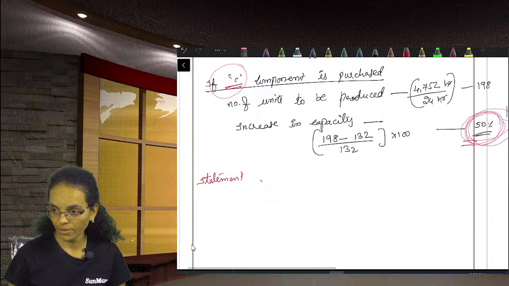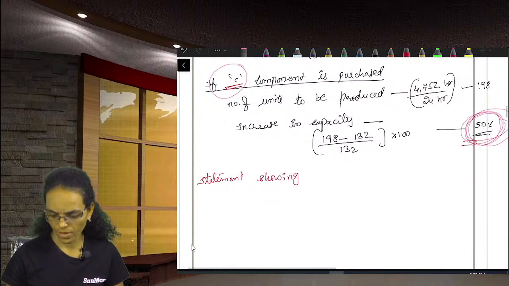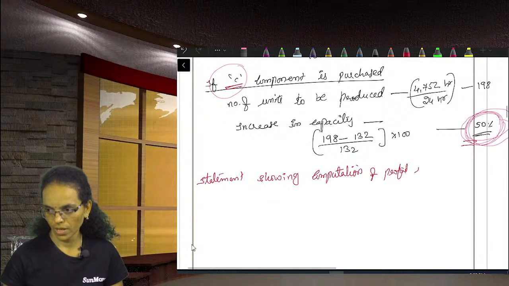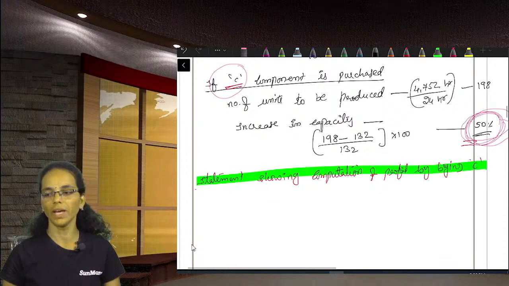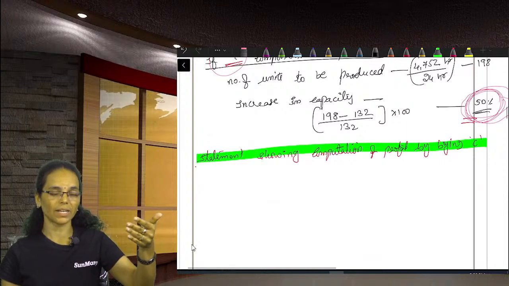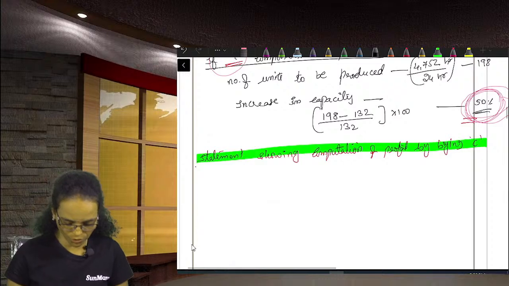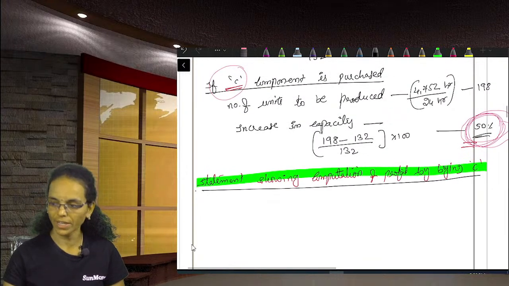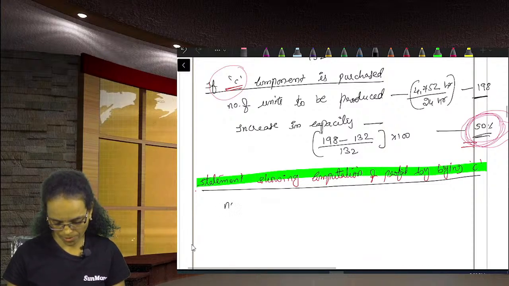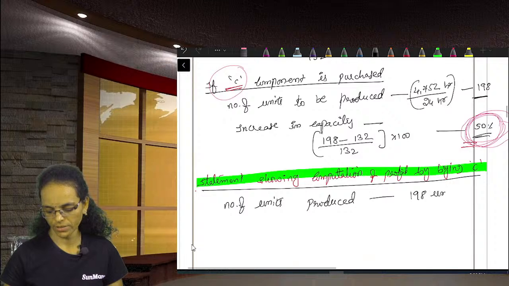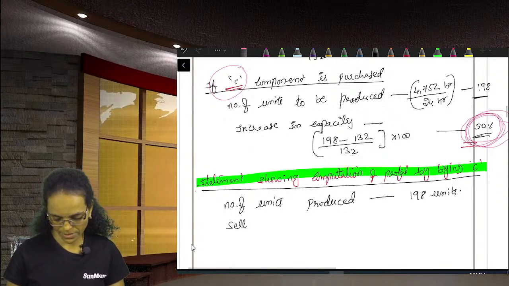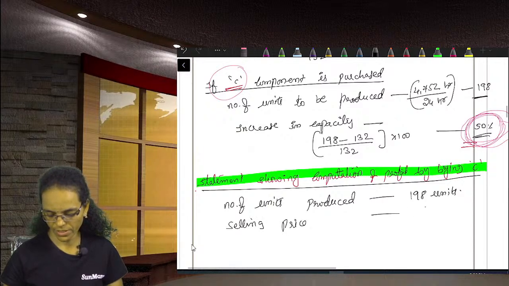Now we need to prepare a statement showing computation of profit by buying component C from the external market. If component C is purchased from the external market, we will be producing components A and B. So we need to see how many number of units we are producing. We have already calculated 198 units we are manufacturing. Number of units produced is 198 units, right? Selling price of each component we have seen 600 rupees per unit